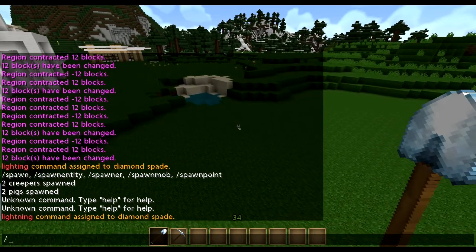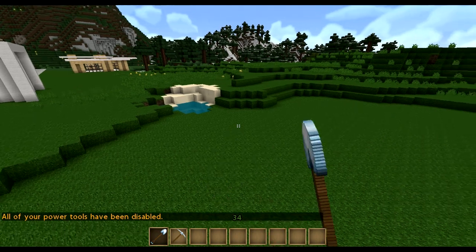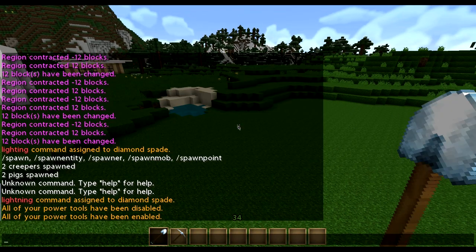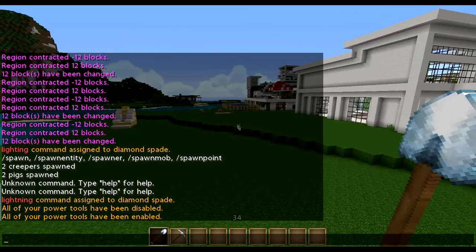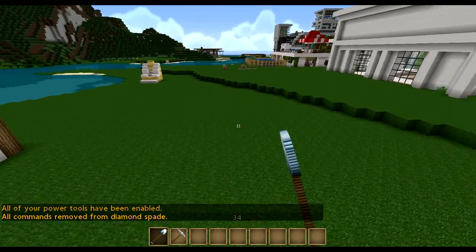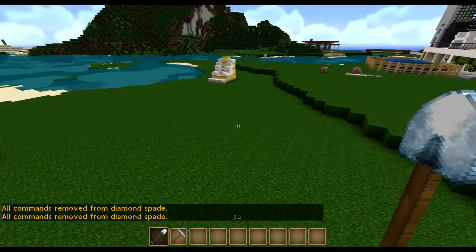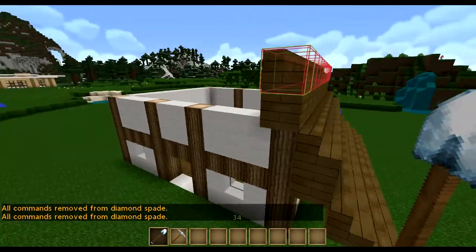Okay, and if you want to get rid of it, do /PT again. Or you can temporarily remove it by typing PT toggle. And it disables them, but you can re-enable it so that it works again. Now to get rid of it completely, just type in /PT, and it completely removes the command, and you can't get it back without retapping it in. Okay, so the commands I was using,